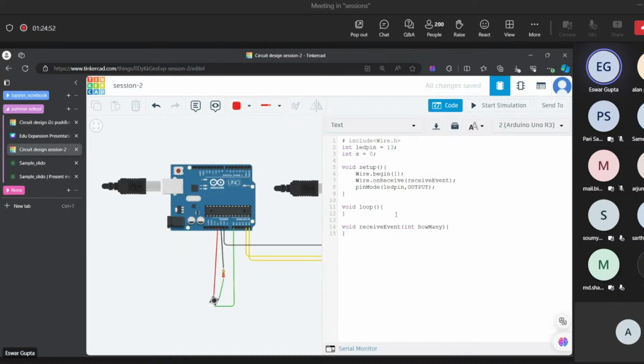And then here we will come to void receiveEvent. In void receiveEvent, there is an argument, int howMany. Where did I pass this howMany? I won't declare this howMany explicitly, like I won't assign it some variable or some number.